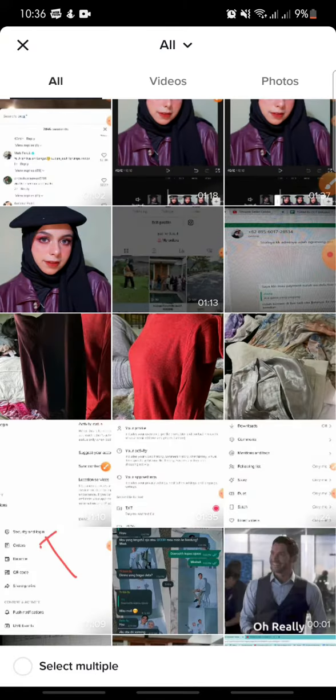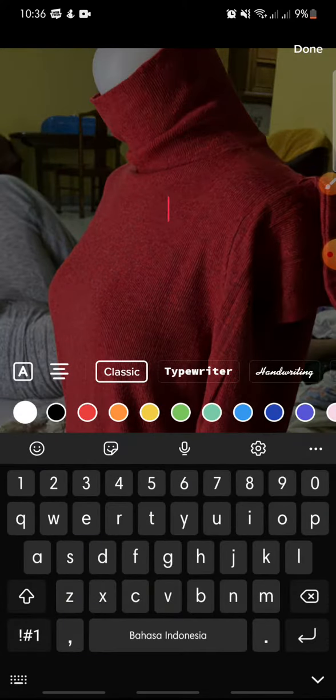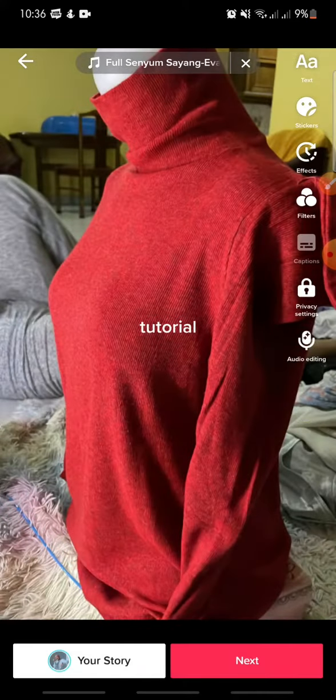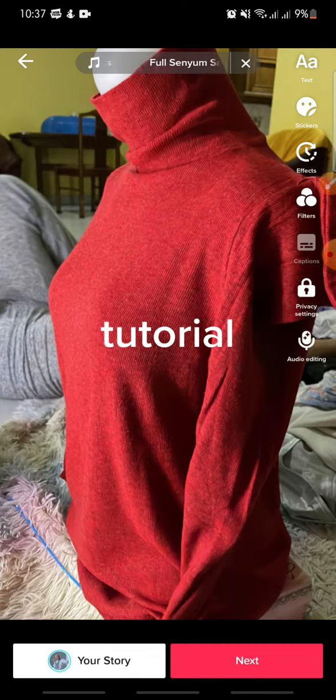Maybe on this one, and after this, in here, I wanna add the text. Maybe tutorial like this, done, and this one. And after this, in here, if you wanna set duration tags on this